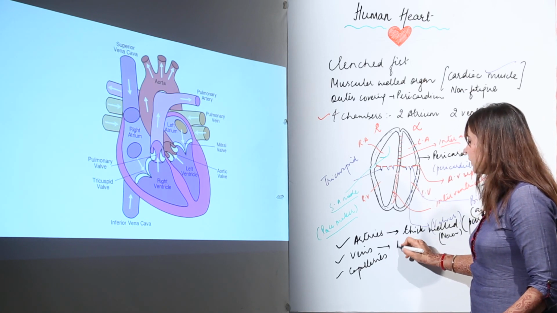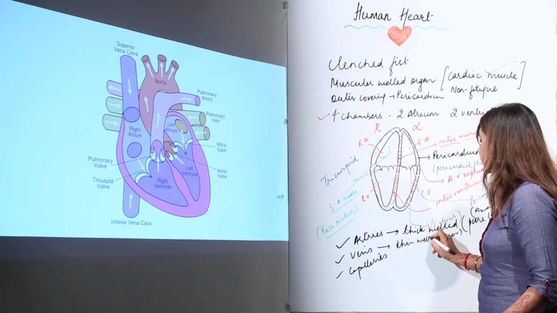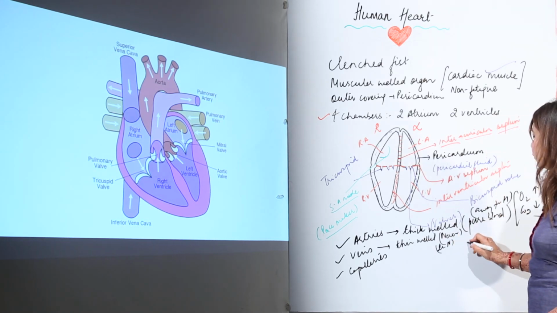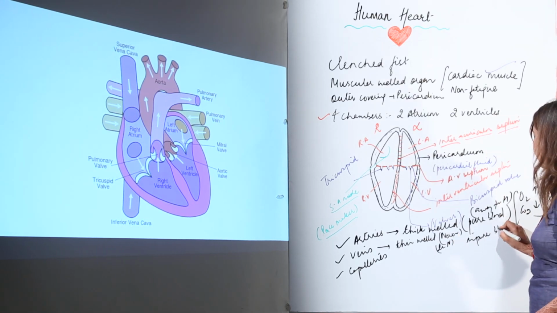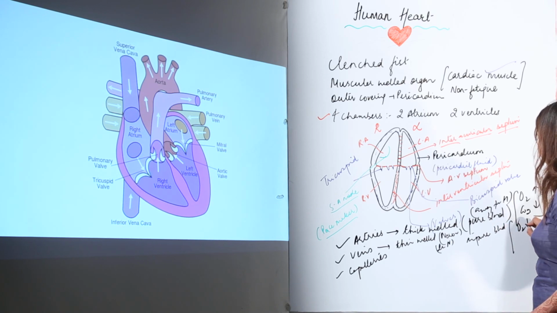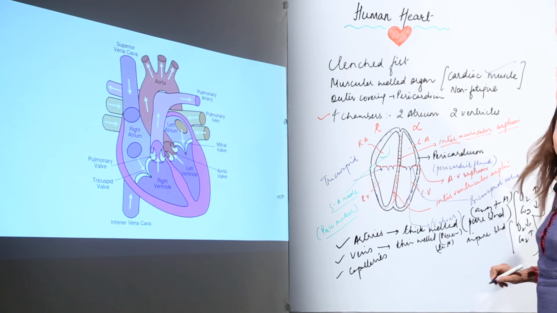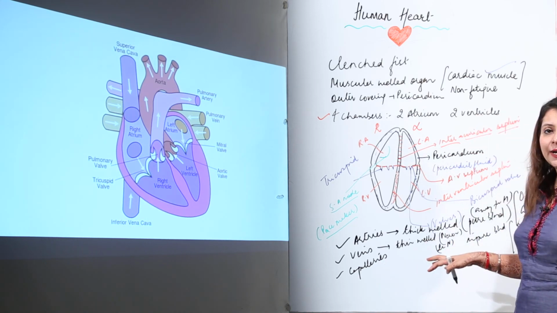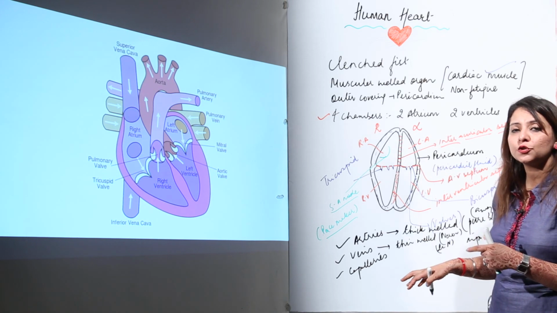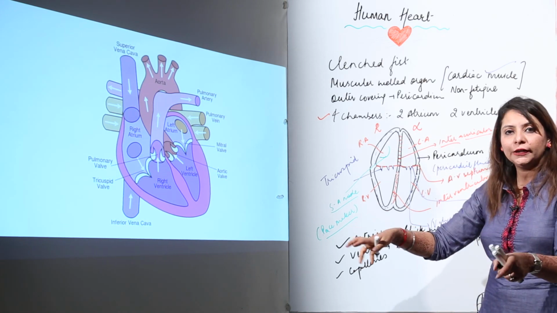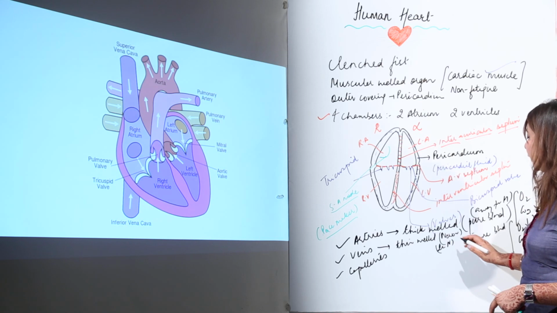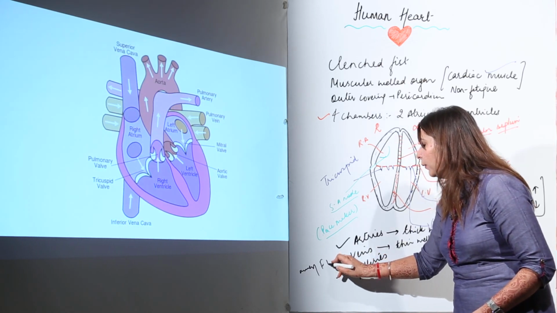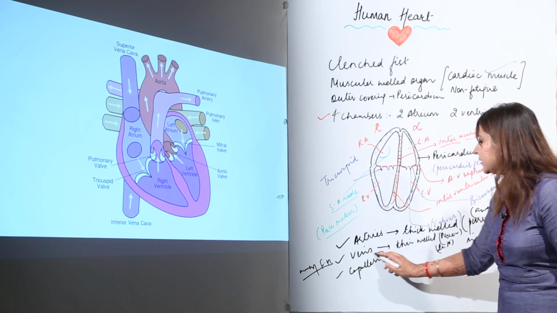Second we have the veins. Veins are comparatively thin walled and less narrow, and they carry impure blood. Impure blood means blood which has less oxygen and more carbon dioxide. Veins carry blood towards the heart, because they bring the impure blood from the body organs to the heart. I will write here, it is going to carry blood towards the heart. Next is the capillary.